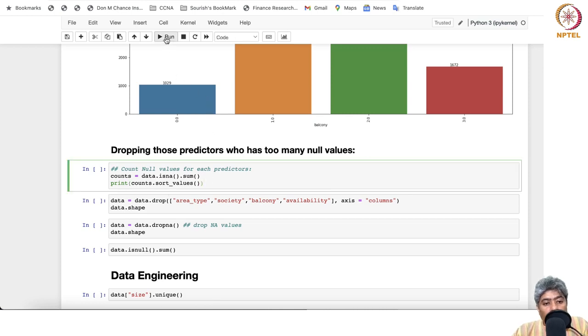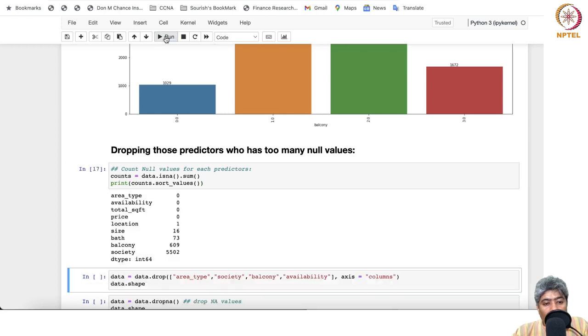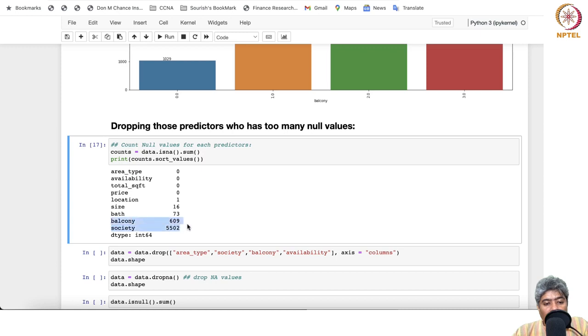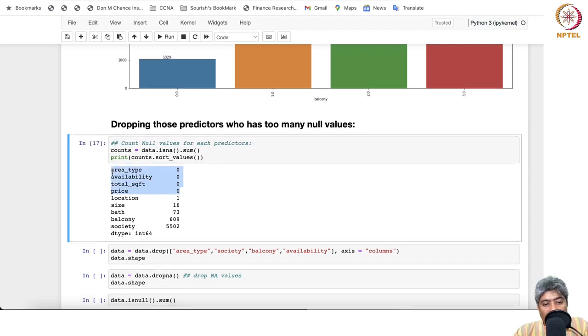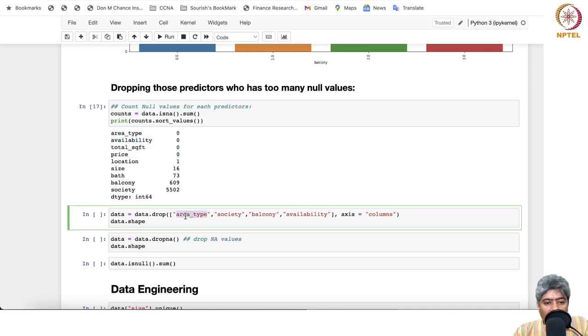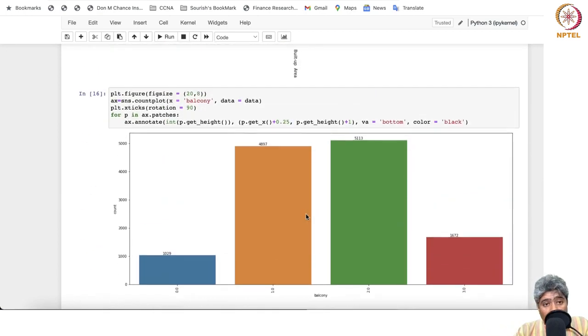Now if you count, we can count how many null values are there for each predictor. Society, as we found, has the maximum number of null values, then balcony, followed by bath and size. Price, total square feet, availability, and area type do not have any null values. We are dropping here area type, society, balcony, and availability, because if you run the area